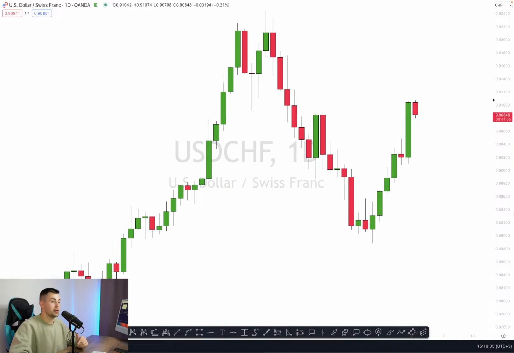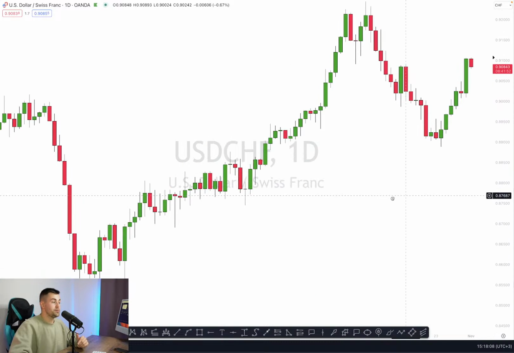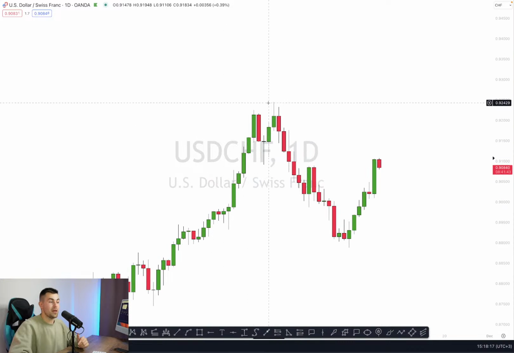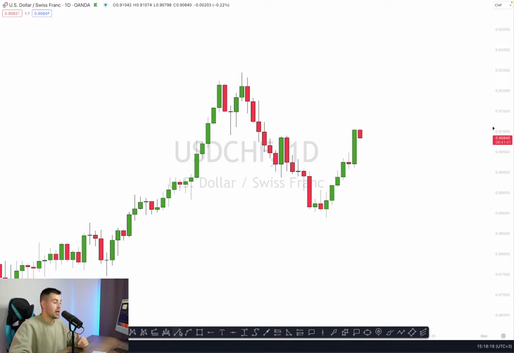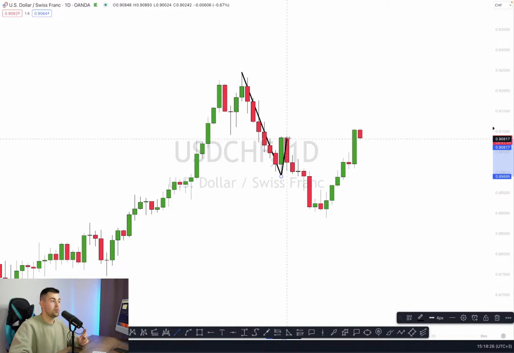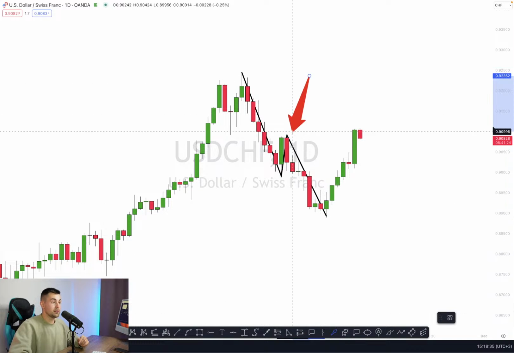We can spot that definitely the dollar Swiss pair is trading in a strong bullish trend since July. You can see that the market was nicely growing, and then once that high was reached, we started to trade in a minor bearish trend. And those who study smart money concepts should notice here a very perfect minor bearish trend. You can see that the price set a low, retraced, set a lower high, then dropped and set a new lower low. And here we got a very important structure.